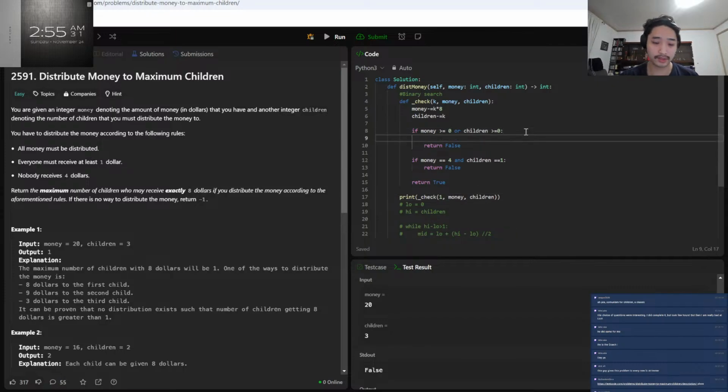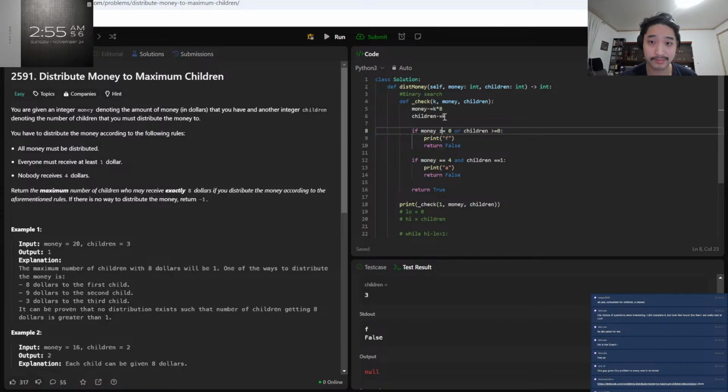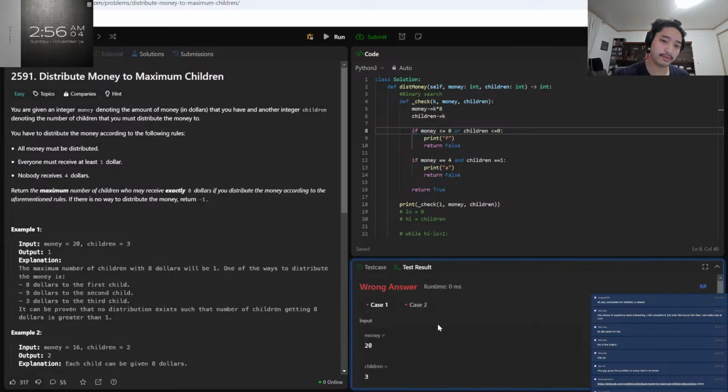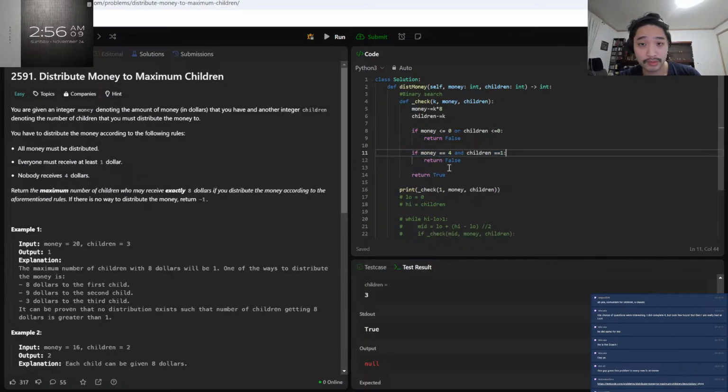Okay, which one does it turn on? I'm actually happy that I divided it into 2 so I can see which one failed. Which one gave the F? Less money is less than. Yeah, I'm just a dum-dum. Now it returns true. And now everything should work. Just a small mistake.